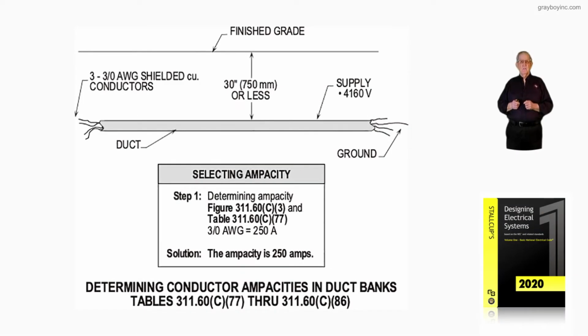This illustration deals with determining conductor ampacities and duct banks. Now, as you recall, reviewing figure 8-27, we looked at the 36-inch burial depth in detail 7. And then we showed we could have maybe a single run of one conductor per phase, or we could have two conductors per phase if we reviewed the illustration, or we could have three conductors per phase,